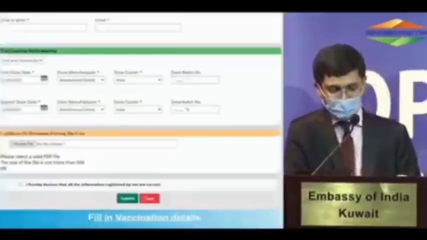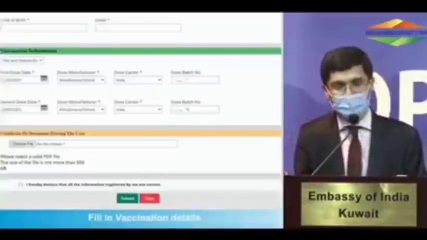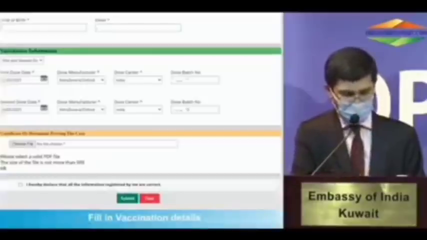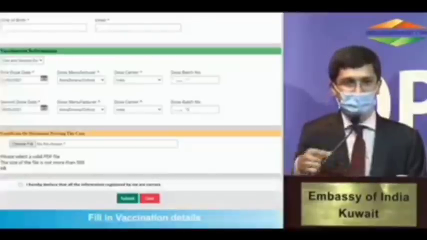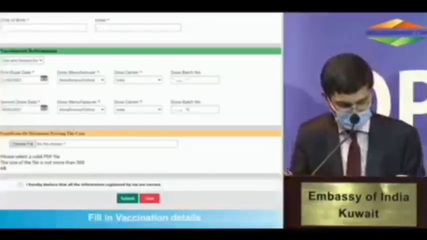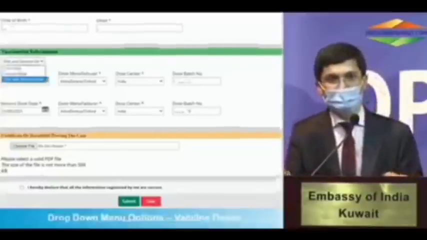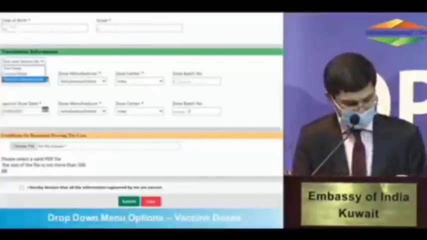Right. Now we come to the operative part wherein you actually upload information about your vaccination. As you can see on this slide, the first drop-down that you see, just beneath the green strip which says vaccination information, there is a drop-down with 3 options. Next slide, please. If you click on the drop-down menu, there are 3 options: first dose, second dose, first and